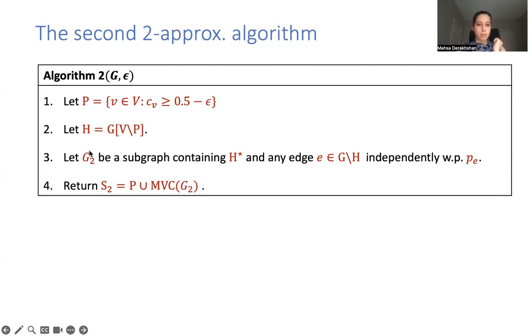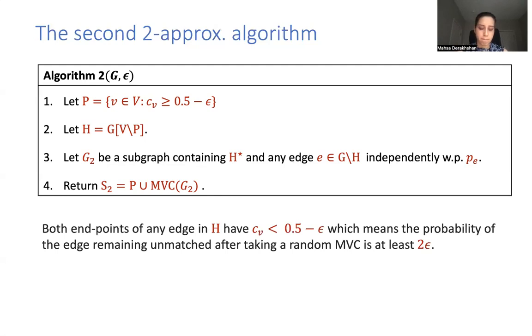Again, G2 comes from the same distribution as the actual realization G star, right? So now we return the union of P and the minimum vertex cover of this G2. Two questions. Why does this algorithm only query O(n/p) edges? Why is it an almost 2 approximation? To answer the first question,